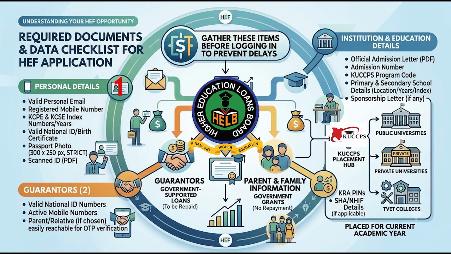A valid personal email address that you can easily access, a valid mobile phone number registered under your official national ID name, your KCPE and the KCSE index numbers and their respective examination years, a valid national ID or your birth certificate if you are under 18 years of age, a passport-sized photo formatted strictly to 300 by 250 pixels, a scanned copy of your national ID in PDF format,